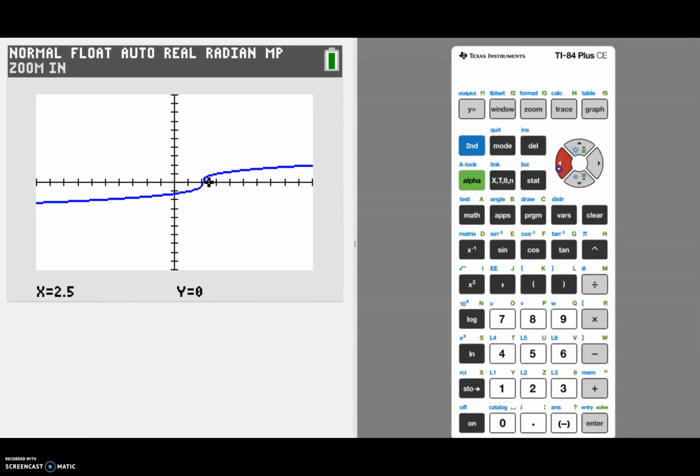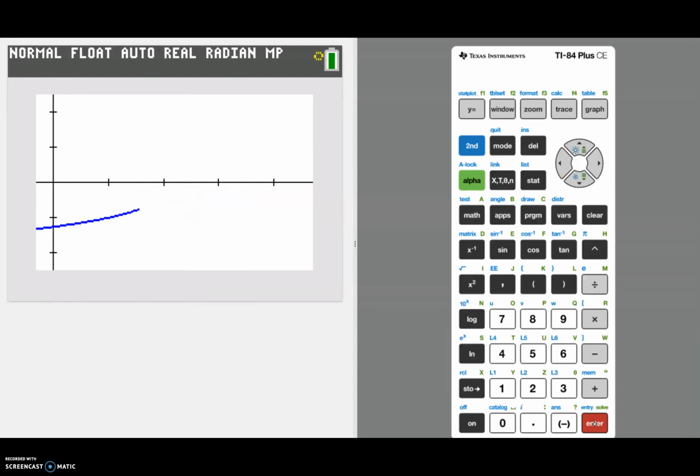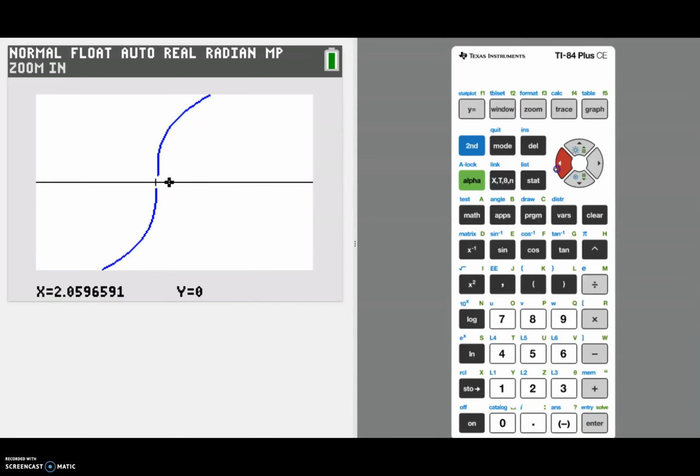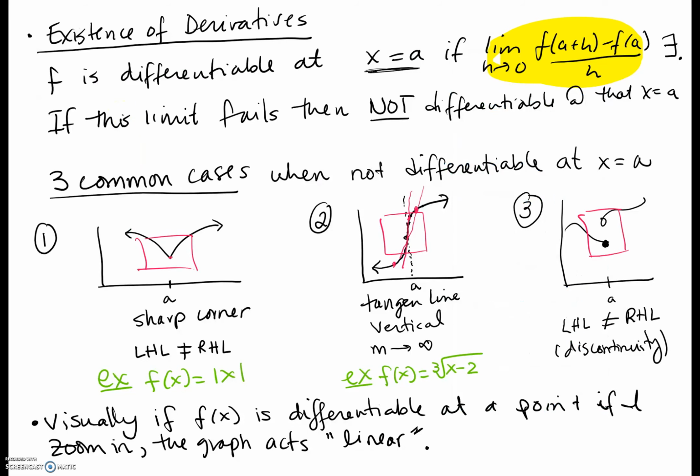There's the first zoom. I do one more and we'll get a pretty good idea. Notice what's happening. If I zoom again, notice how it's looking pretty much vertical, and it's not differentiable there because the slope of the tangent line becomes undefined. So again, for the first case, we looked at the absolute value function and saw it didn't act linear